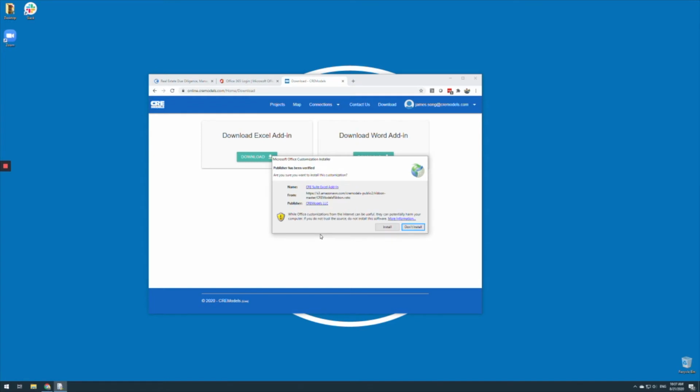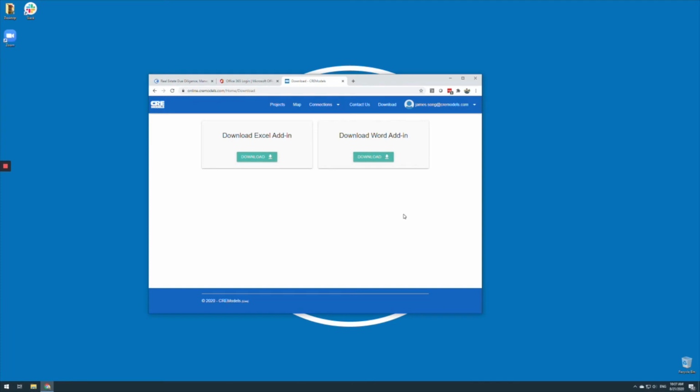Once that has been done, we'll see the CRE Suite Excel add-in. If you already had Microsoft Visual Studio, then this may be the first thing that you see. All we have to do is simply click install, and it will download the files, and it should run in 30 seconds or less. And there it is. It is all complete. I will hit close,